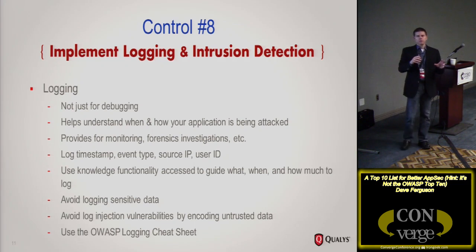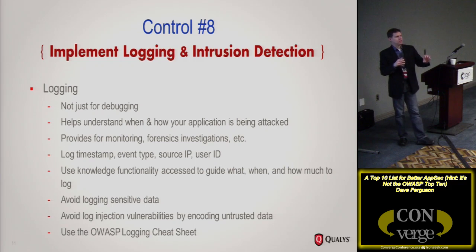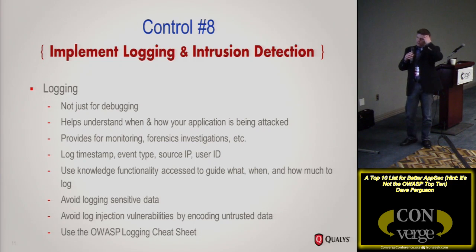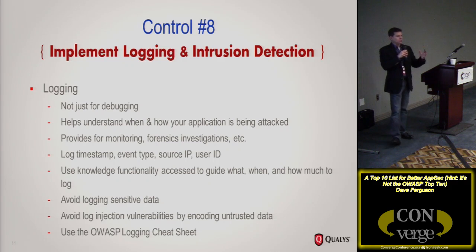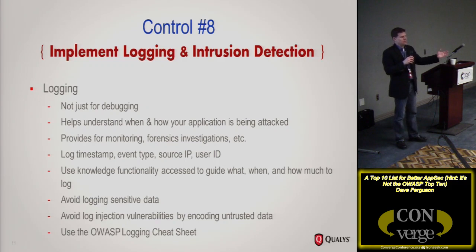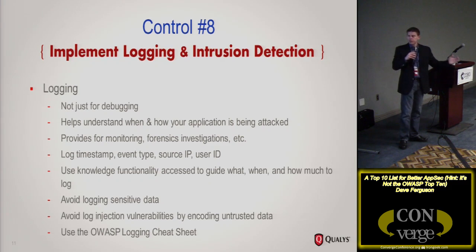This is kind of similar to the A7 insufficient attack protection that I showed in the new regular top 10. So remember, these are proactive controls. We're not talking about risks here. We're saying these are things that developers should proactively think about on every development project, just to make more secure